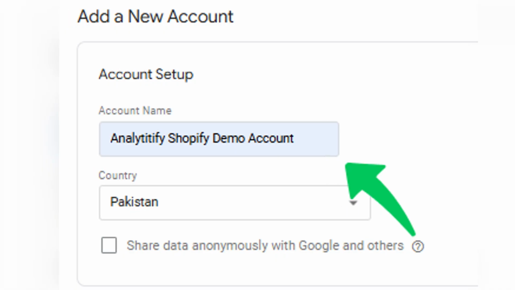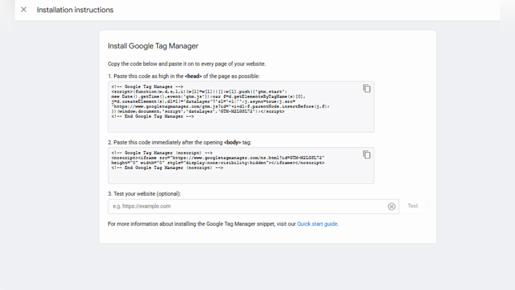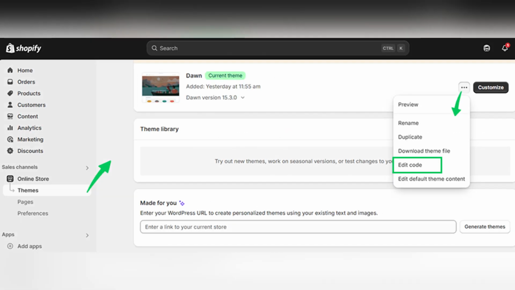Firstly, go to Google Tag Manager website. Click Create an account and fill in the details like account name, container name, which is your URL, and target platform. Once created, GTM will generate two snippets of code. One goes in the head section and one goes right after the body tag. Just a tip, these scripts will connect your Shopify store to Google Tag Manager so it can collect and